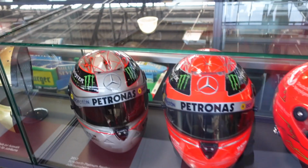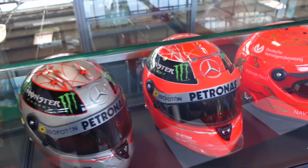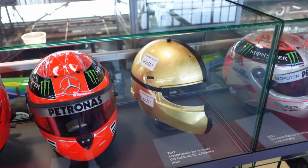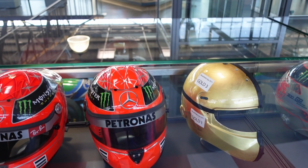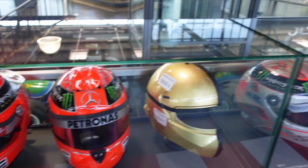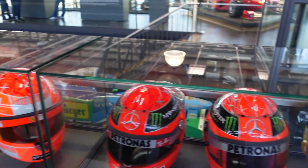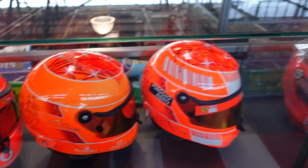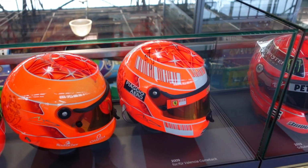It's quite small to see them, the helmets. They're very cool, nice design to them. You can see even the inner side is in gold, I think to be stronger, also for the heat protection. Because it gets very hot in the F1 cars, something you guys won't know, but they really are getting baked there. Some of the other helmets from AMG, and then the cool ones from Ferrari, where he actually won in